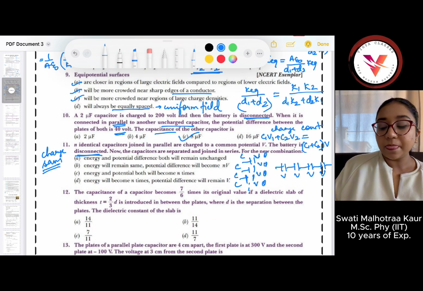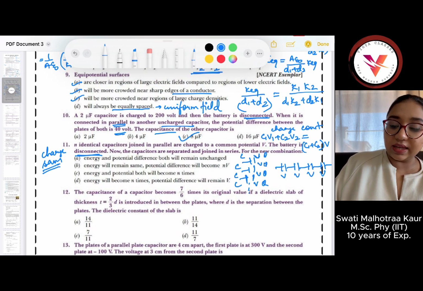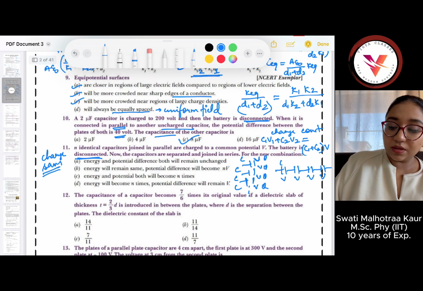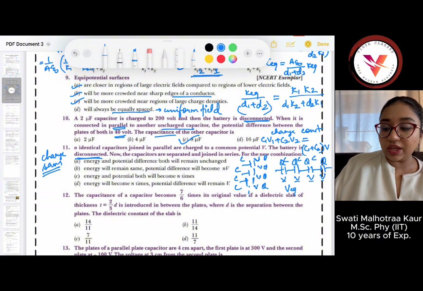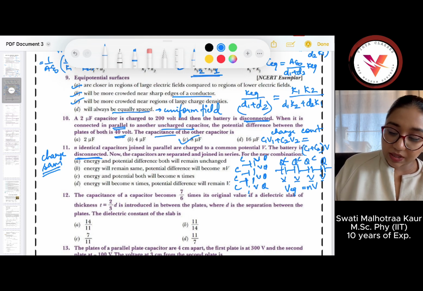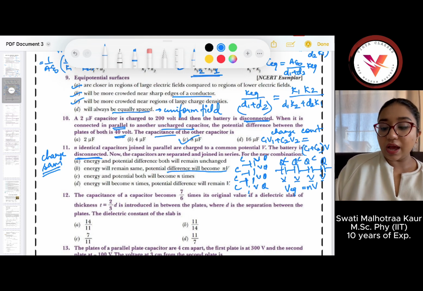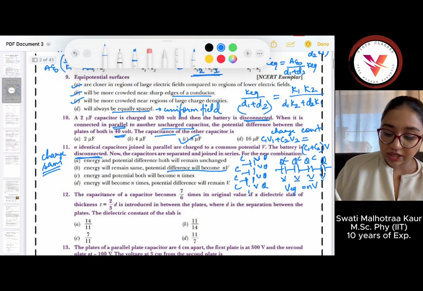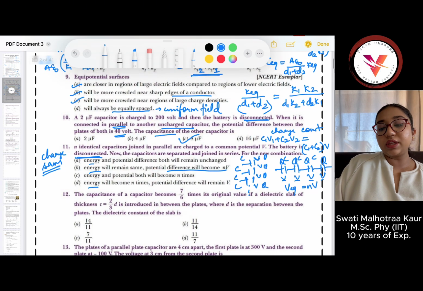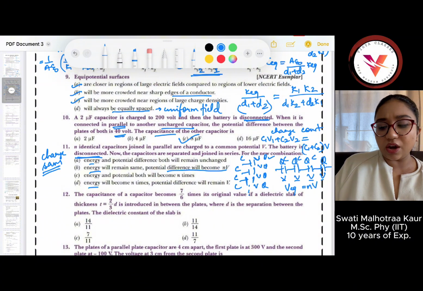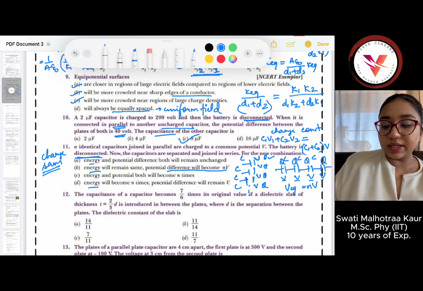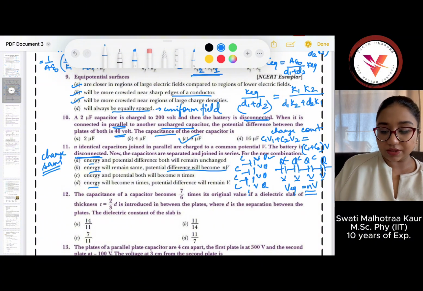So when it is connected in series, again the charge is the same. C is also the same. So V will remain the same. So the total equivalent V is V plus V plus V, that becomes n times V. The potential difference will become nV. Okay. Now, if you talk about energy, because they have also asked about energy, here the energy is half CV squared, or half Q squared by C. And here also it is the same because nothing is changing. If you check the individual energies,